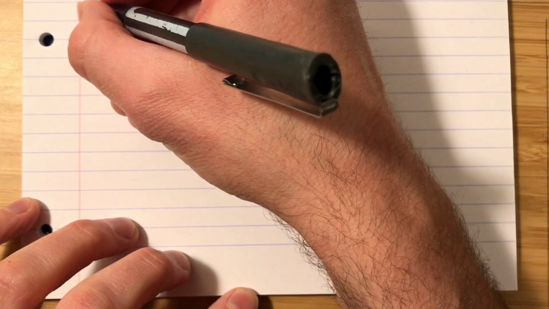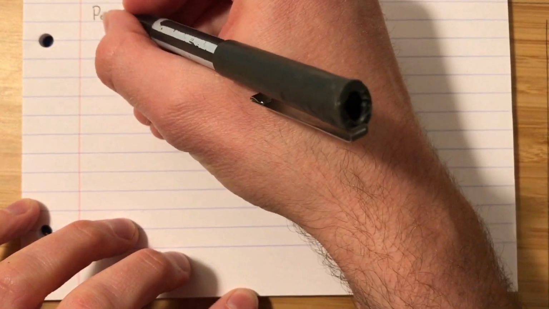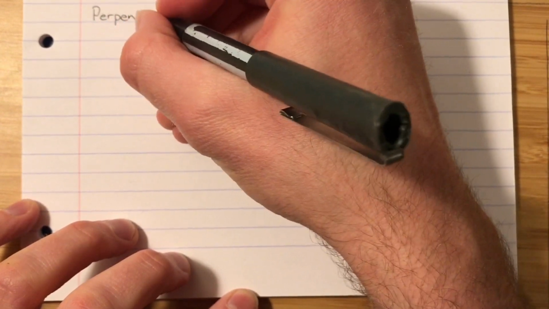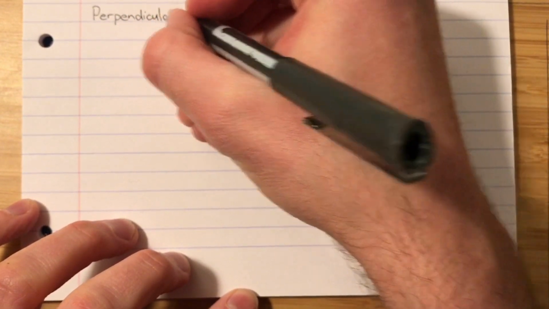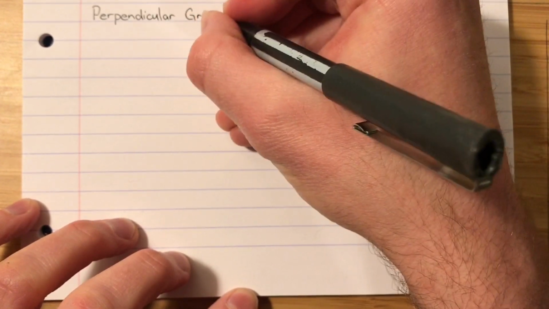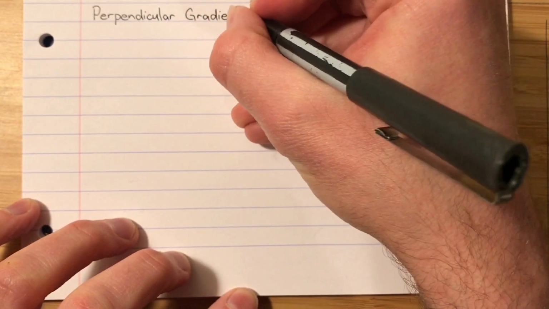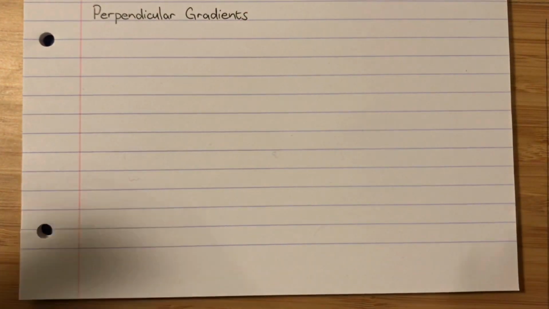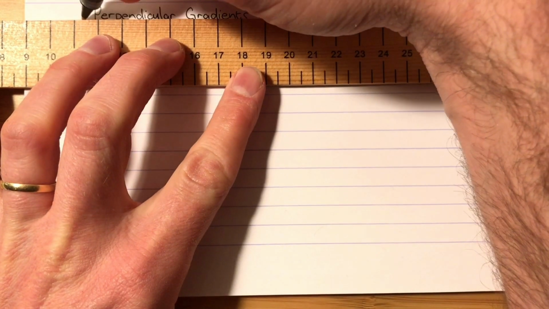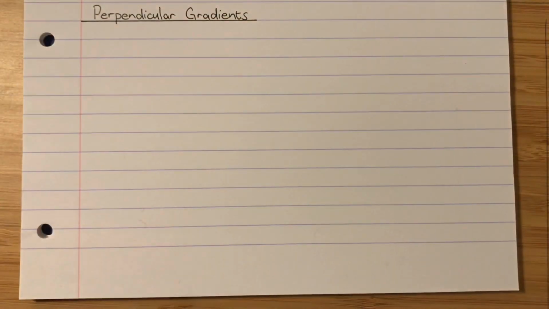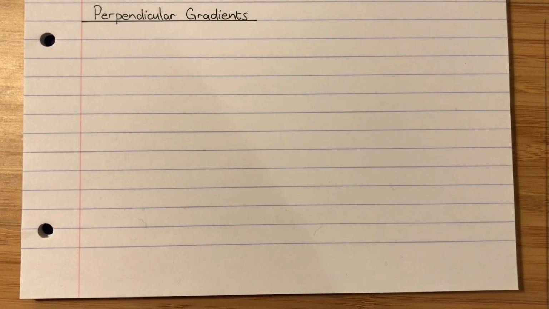Let's take a subheading of perpendicular gradients. Perpendicular gradients. Now again, from National 5 you'll be comfortable with the idea that two lines which are parallel share the same gradient. Perpendicular lines, as we've just discussed, are kind of like the opposite of parallel lines. So we can say this,